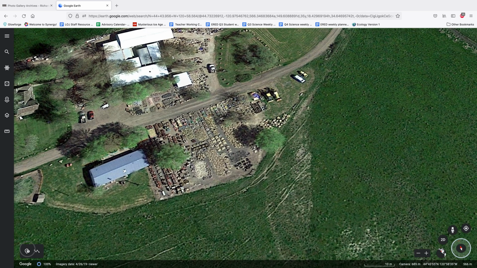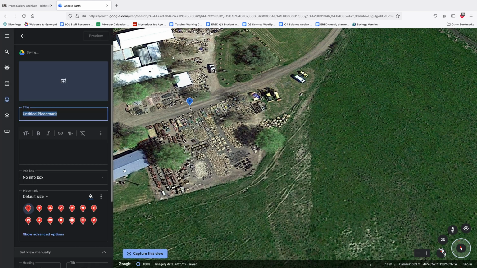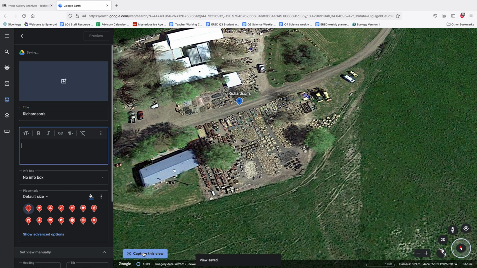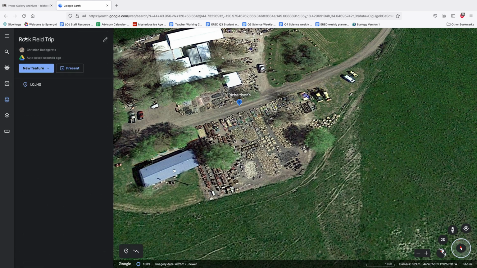So I'm going to add a place mark to there. And once again, you can make as many place marks as you would like. I'm going to call that Richardson's and capture that view. So what I have now is 2 views saved, and in order to make this video,